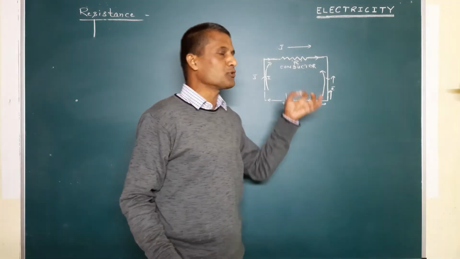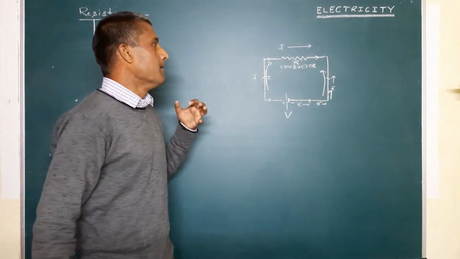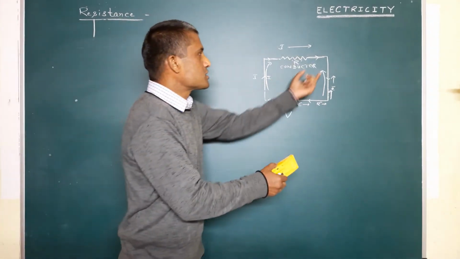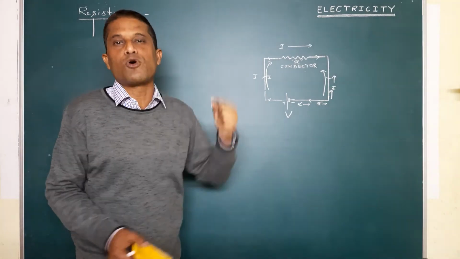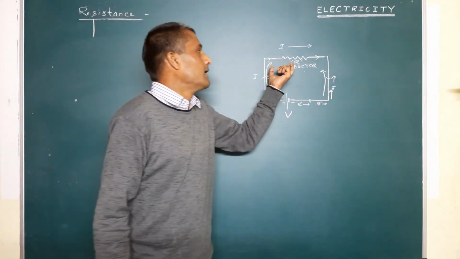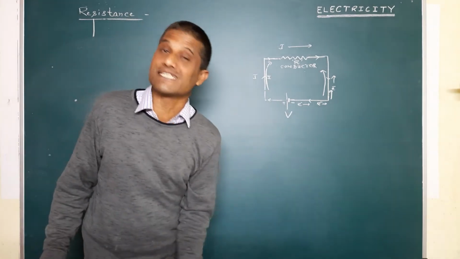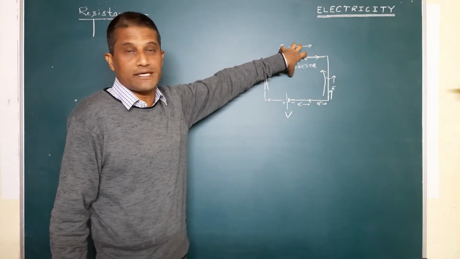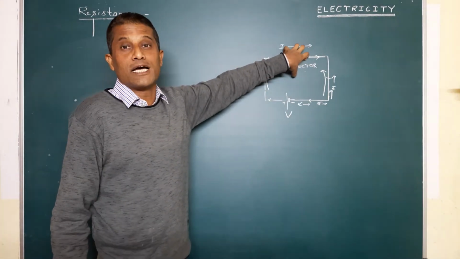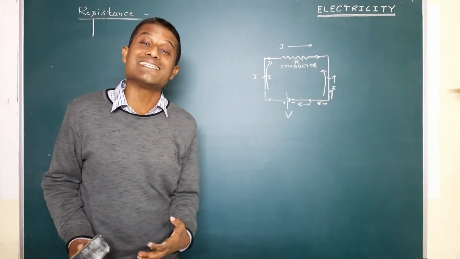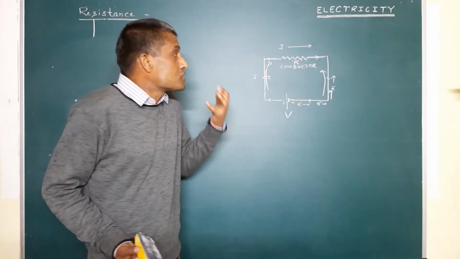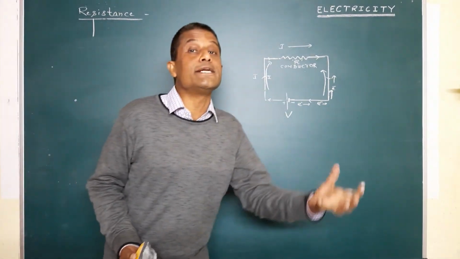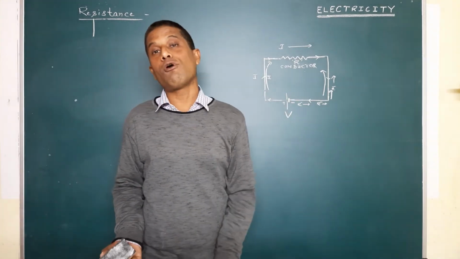So, the cause: I have just put some light on the cause of resistance, that is, why the resistance has taken birth. So there is a conductor. When the charge begins to flow through the conductor, its motion is being opposed by the atoms and ions present in that very conductor. So it means it is the nature of that very conductor. It is the conglomeration of atoms and ions present in that very conductor, which is collectively responsible for the obstruction, for the hindrance, for the opposition to the flow of electric current